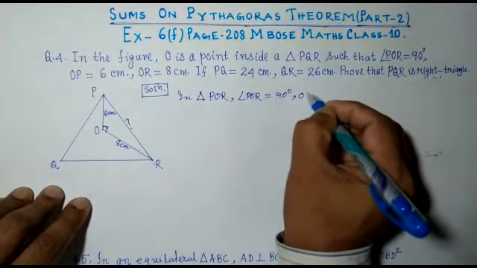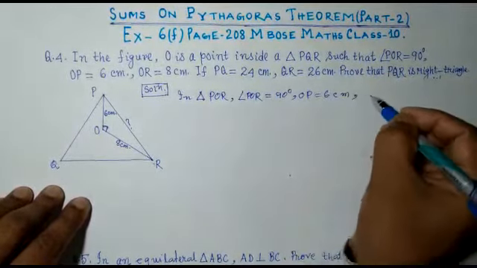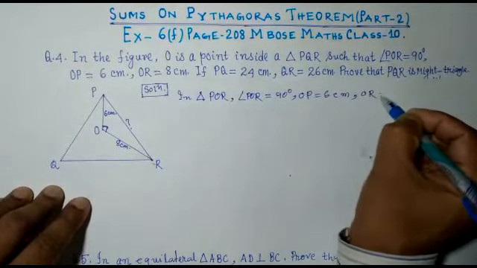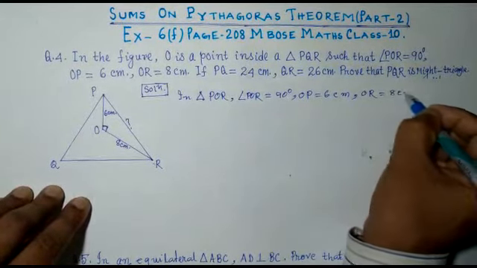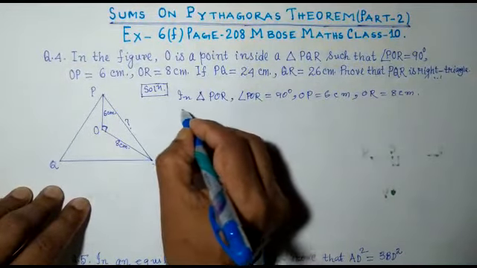Also OP is 6 centimeter. Then OR is 8 centimeter. So it is easy to find PR. Therefore,